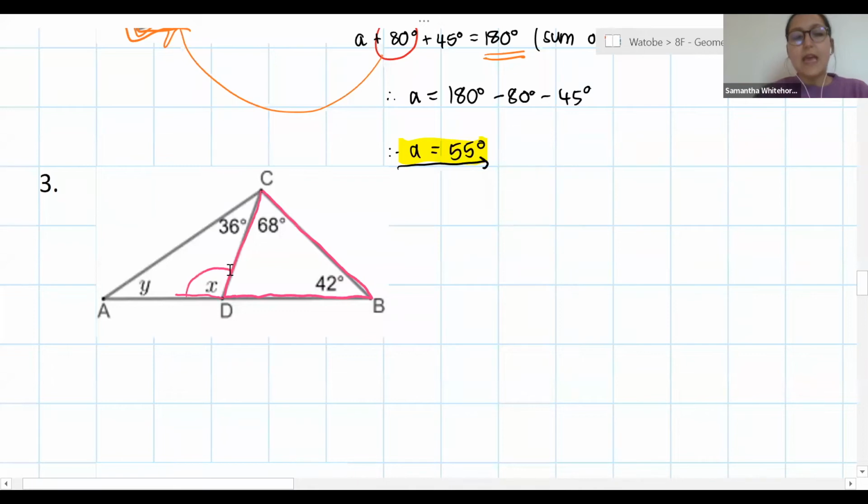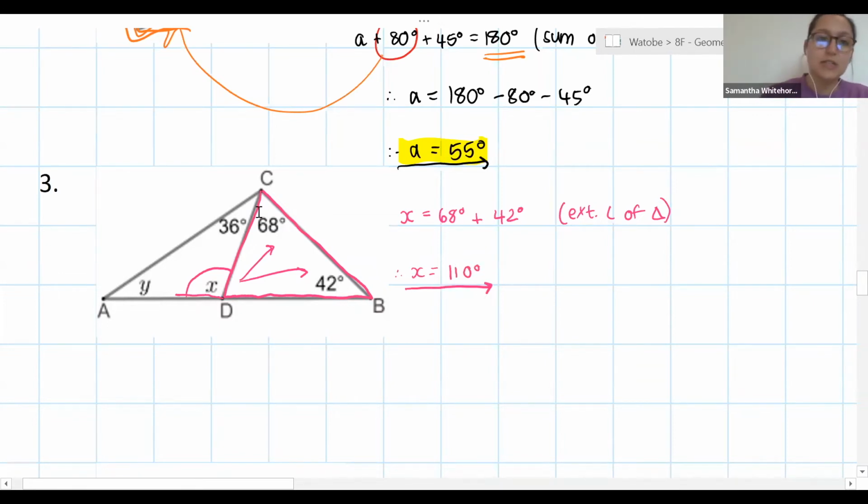triangle. And so what that means is that I can go and find angle X using exterior angles of a triangle, because I know that angle X is equal to the sum, or adding together, the 2 opposite interior angles, so 68 plus 42 degrees. And that's because of exterior angles of a triangle. I just go and add those 2 up. So 68 plus 42 is 110. And so X is equal to